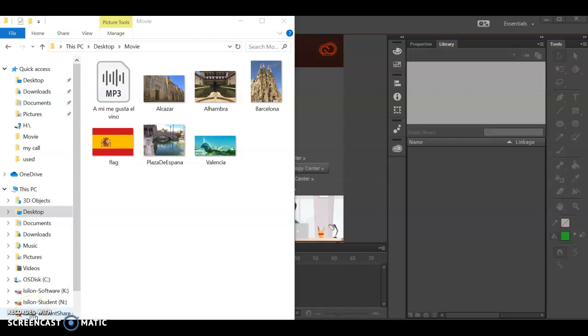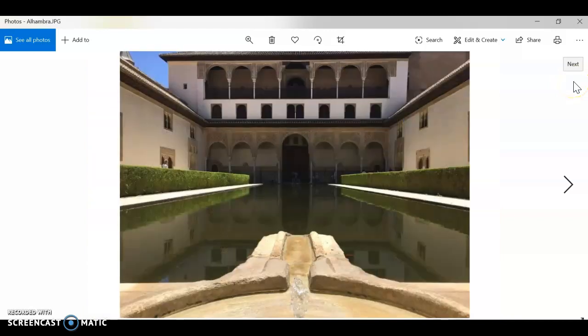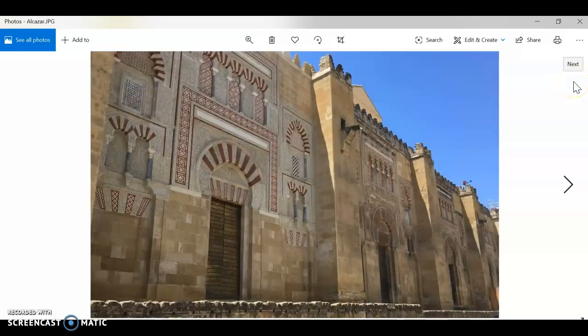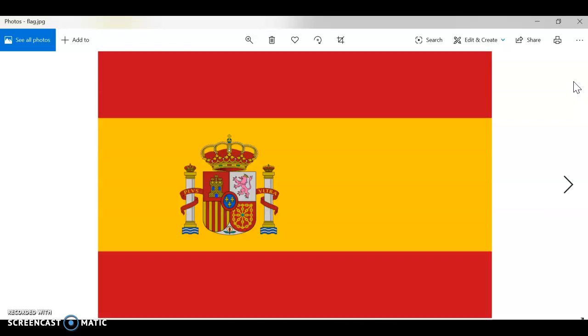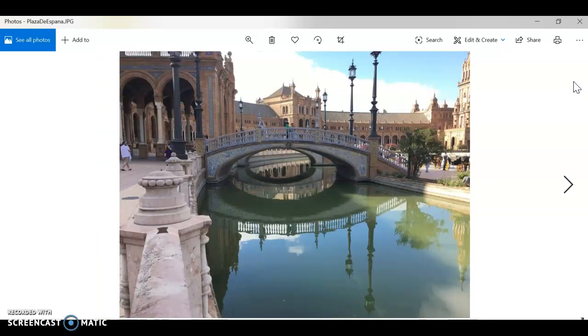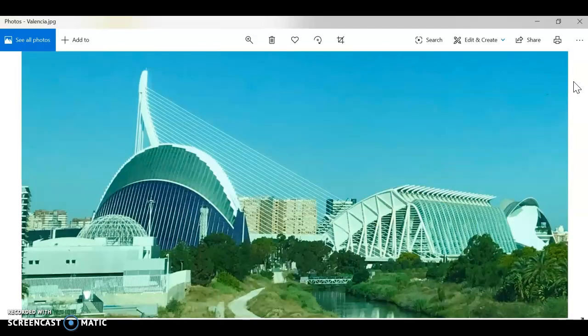This project is going to involve you using 5 photographs that are somehow linked by a theme, and then one image that's going to serve as a logo and a song. So I've chosen 5 pictures from Spain, pictures I took, so I have copyright permission to use them. So this is the Alcazar, the Alhambra, that is La Sagrada Familia, that's the Spanish flag. This is the Plaza de España, and this is some Santiago